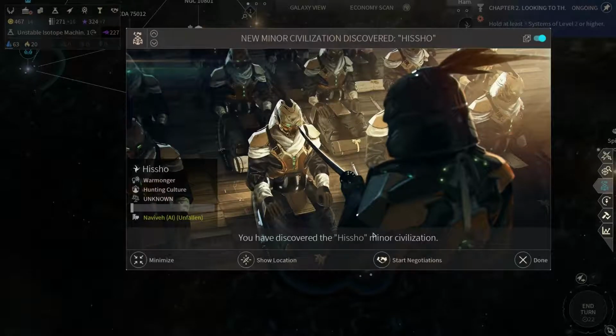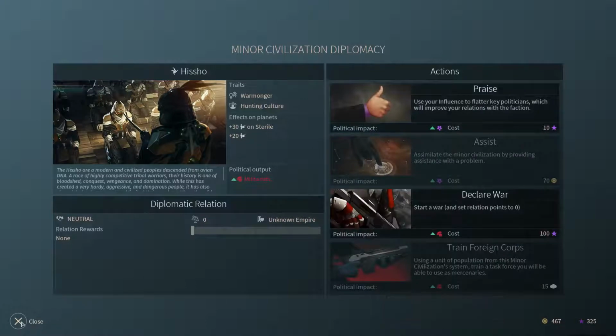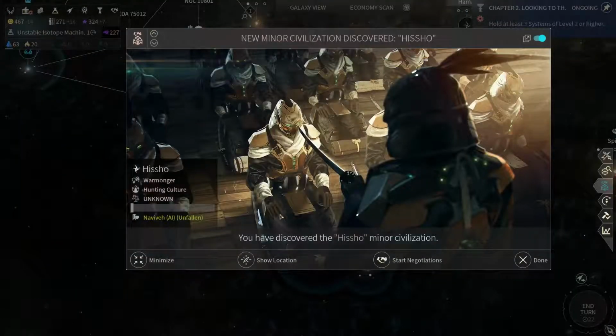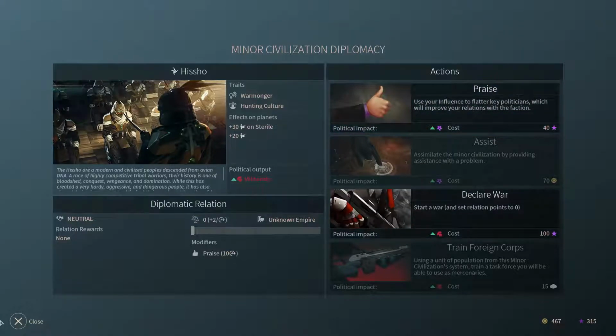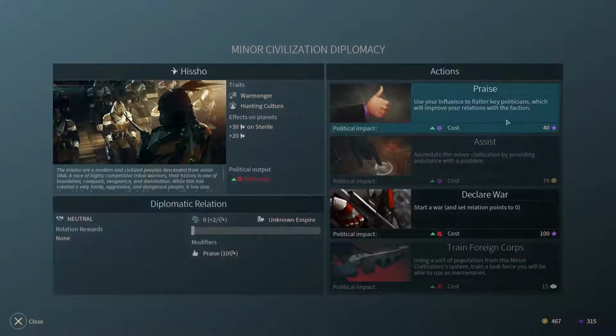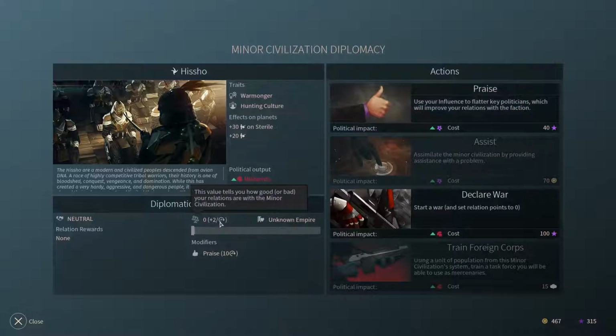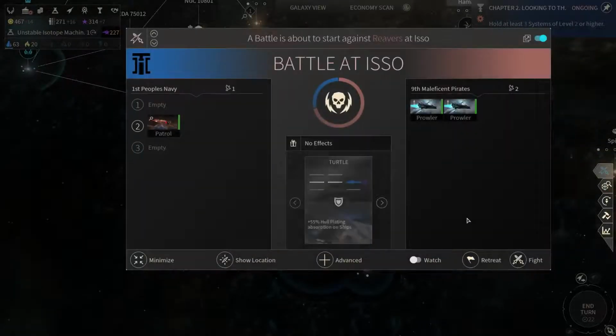We discovered the Hisho there. Let's make the first contact, and I think we can afford to spend... yeah, we could spend 10 influence. Just get them on our corner right away. By the way, if you overspend, like now, we could put 40 influence in it, and then it will double the influence gain per turn. So now we get +4 per turn, which might sometimes be useful when you're racing with another race to get them to like you. But for us, I think...